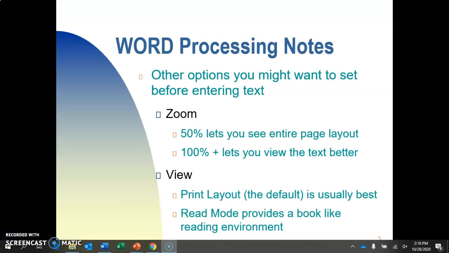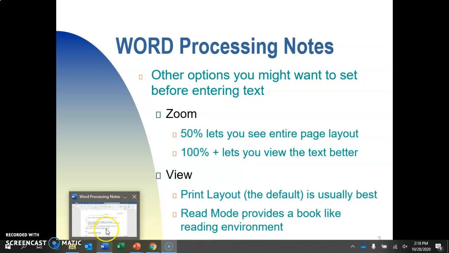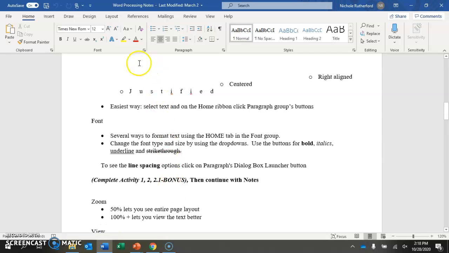There's also a view feature. Two helpful things in there are the print layout, which is the default and usually the best. It's what we normally are looking at. There's also read mode. If you were reading something pretty long, it'll look like you're reading an ebook online. I'll show you what that looks like. I'll go to My Notes, and if you go to the View tab up here,